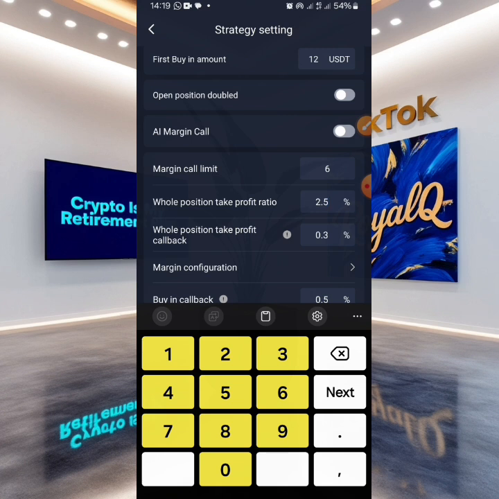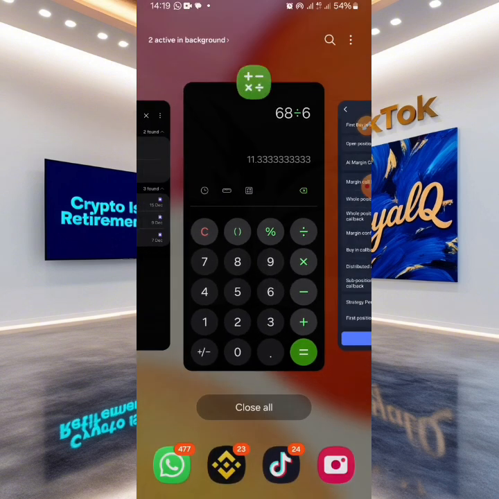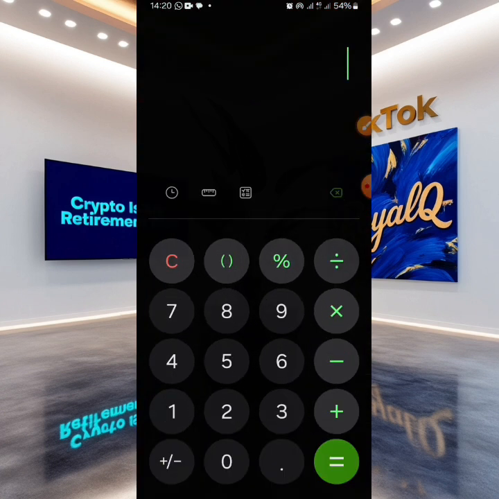But here there is a catch. My capital is $80, but the robot has put in the market only $20. So the whole position take profit will be that of $20, not of $80. For instance, this is my calculator. This is $20 times